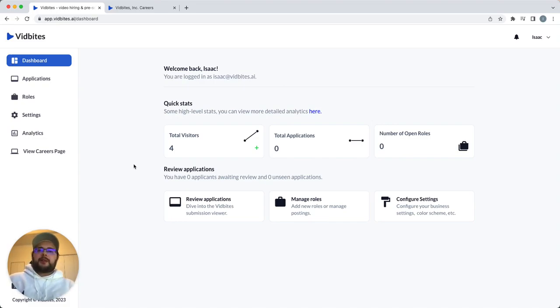Welcome to Vidbites. Today I'm going to walk you through the initial setup of your Vidbites account, really focusing in on three aspects. So number one, the content of your careers page. Number two, the design of your careers page, including your logo, brand colors, and color scheme in general. And then number three, we are going to create our first role, and we're going to use some pretty cool generative AI that we've just launched with